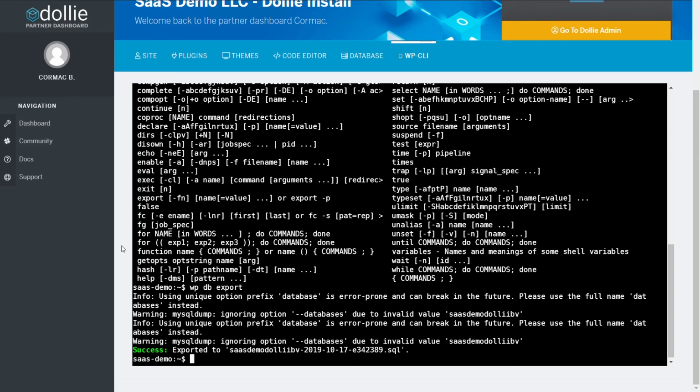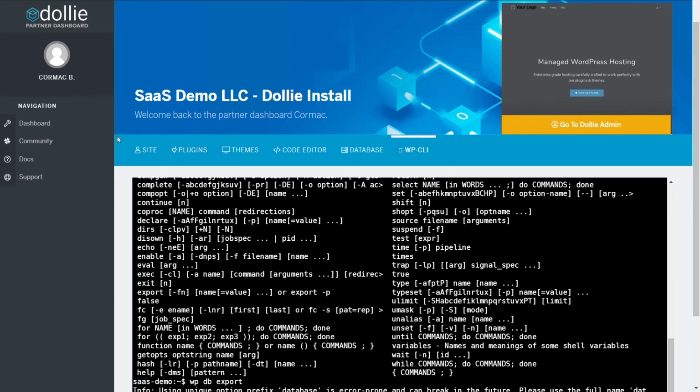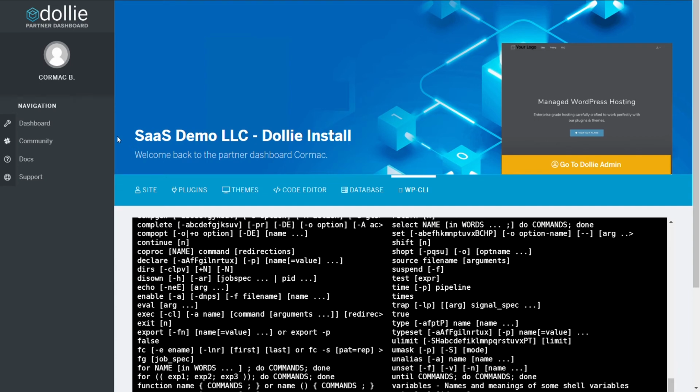And if you have any difficulties and you'd like to avail of any documentation or support, just use these docs and support tabs to be able to access either the documentation or create a ticket so that our support team can deal with you. And that's it pretty much for the Dollie Partner Dashboard. It's class. So if you just click here on Dollie Admin, that's going to